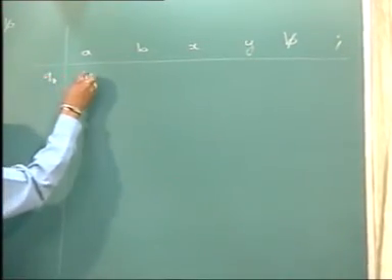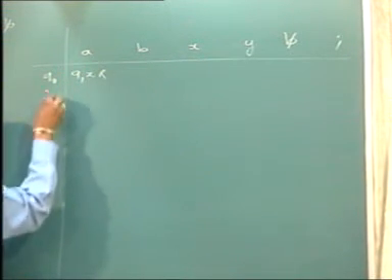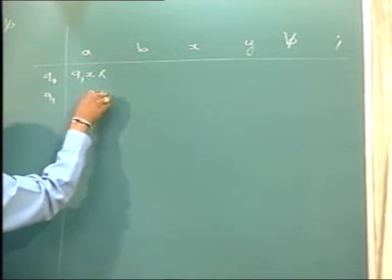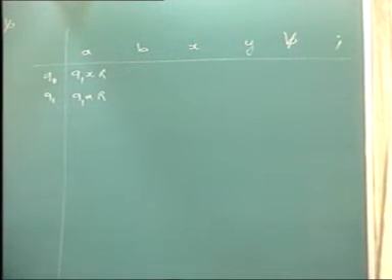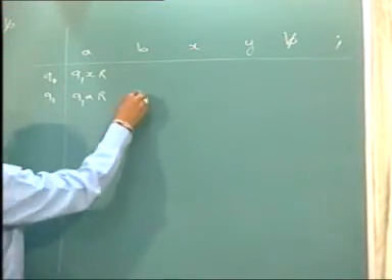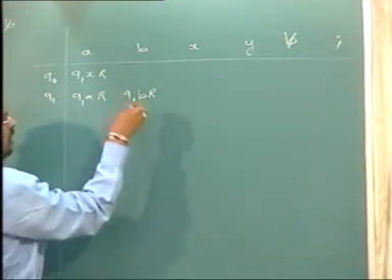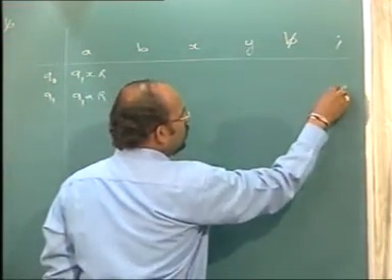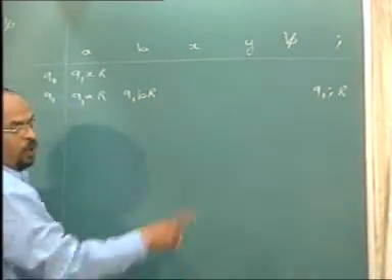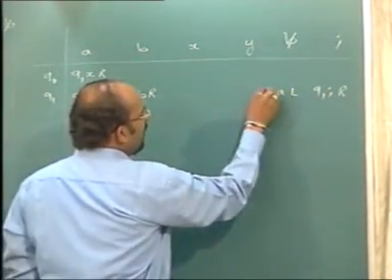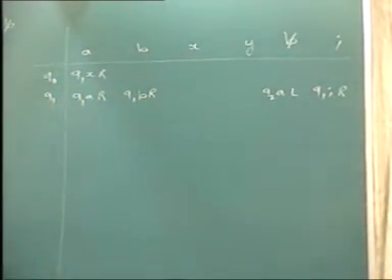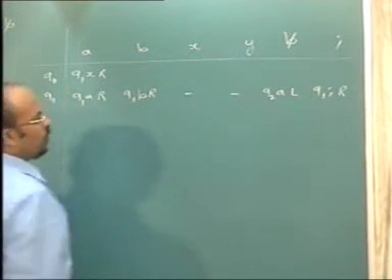Q0 में अगर A मिला तो X लिख के राइट में Q1, Q1 will read all A's, will skip it and move to the right. B मिला तो B को छोड़ के भी राइट में चला जाएगा, सेमीकोलन मिला तो सेमीकोलन को छोड़ के भी राइट में चले जाएंगे, और स्पेस मिला तो A लिख के लेफ्ट पे आएंगे Q2। राइट में जाते वक्त कभी भी X और Y नहीं मिलेगा।